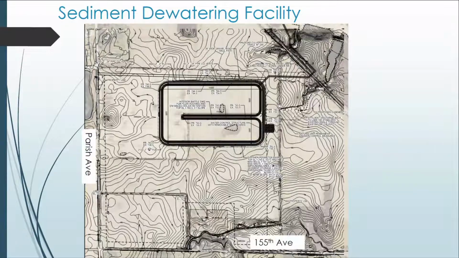So there's a concept drawing for that sediment dewatering facility. The water would come in on that northeast corner. It'd work its way around to the west and then to the south and back to the east. And where there's a black square there on the east side of that basin, that would be a dewatering scour protection pad. The water would then drain off of that area through a little,